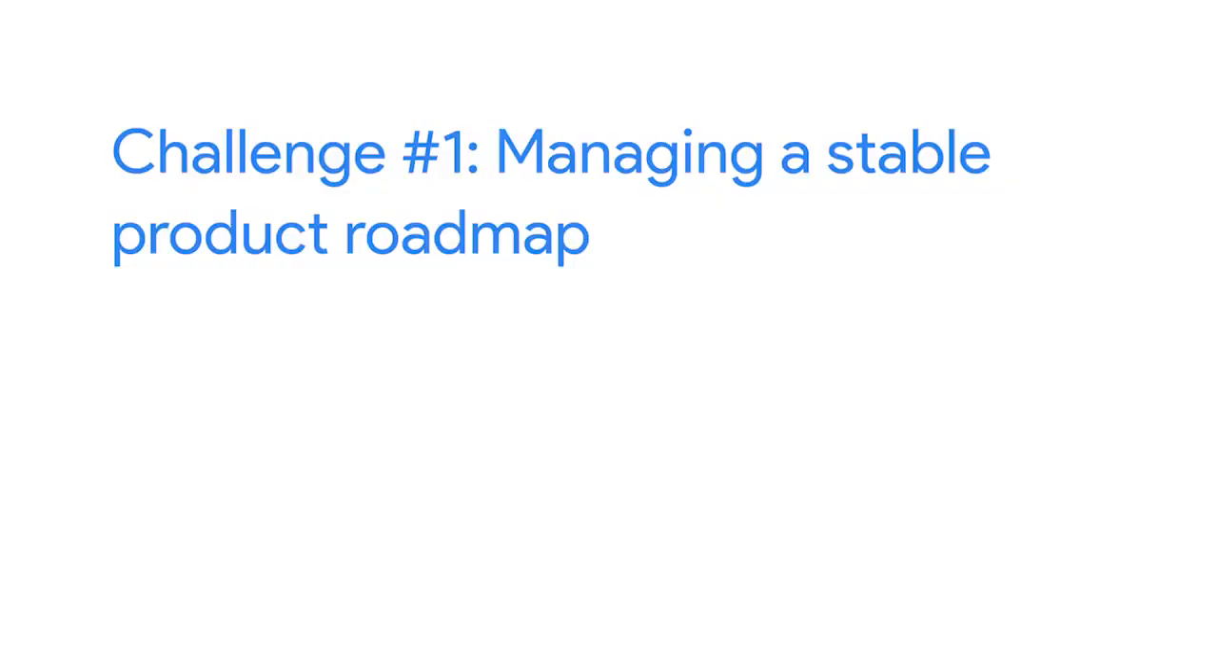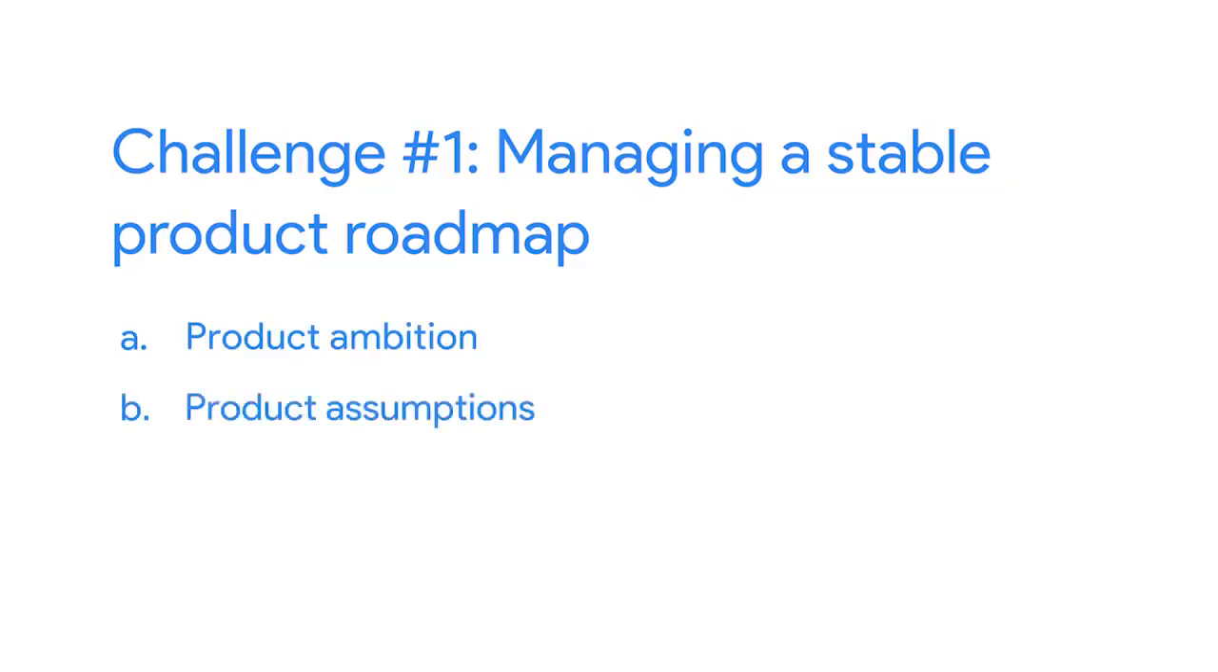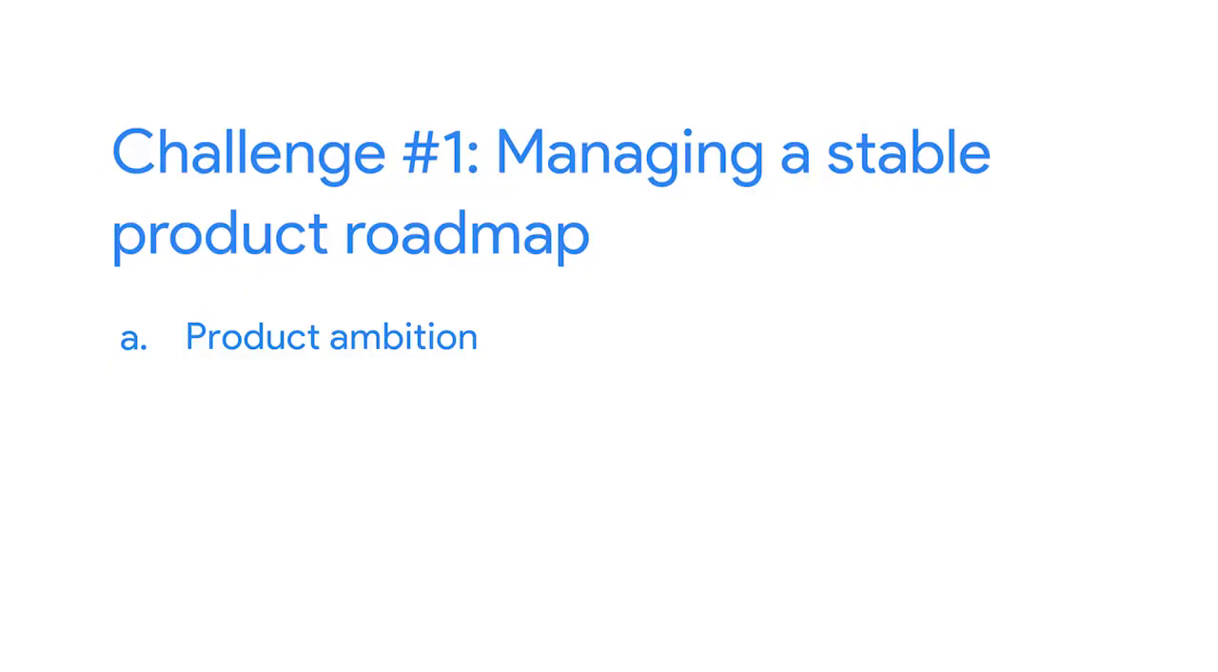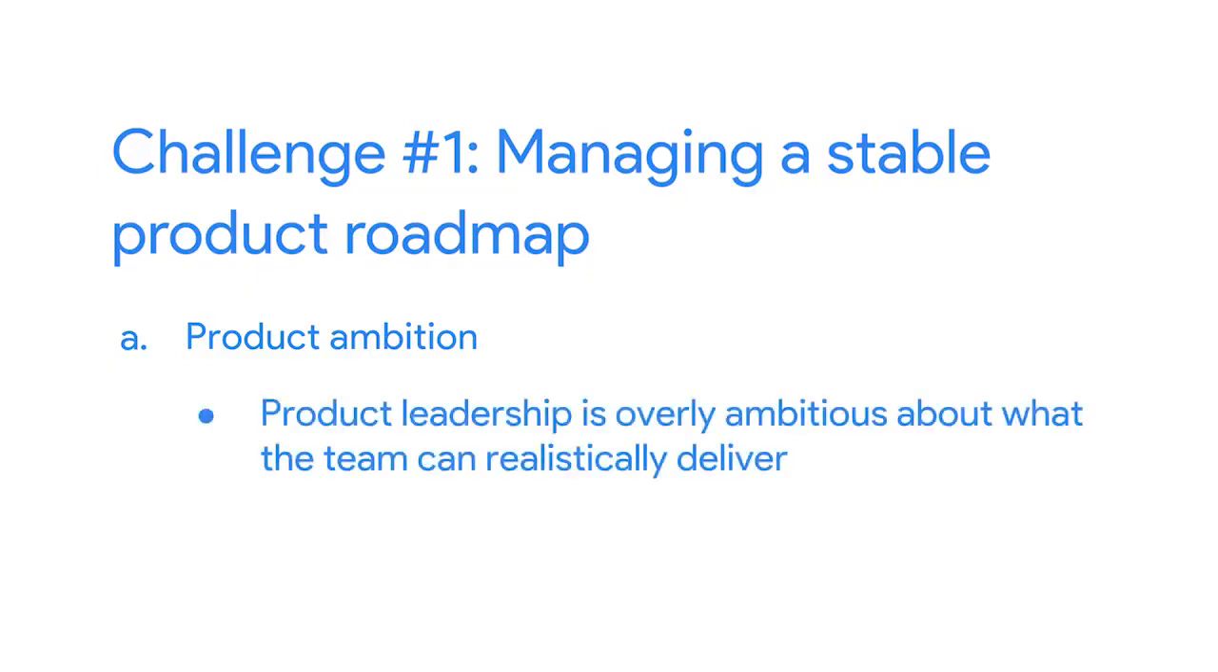There are 2 main causes of an unstable product roadmap: product ambition and product assumptions. Let's cover product ambition first. Product ambition poses a challenge when product leadership is overly ambitious about what the team can realistically deliver. The product owner is responsible for representing the project to customers and executives. Because the product owner wants to make the stakeholders happy, it can be easy for them to overpromise what the